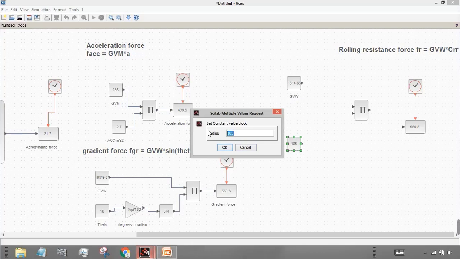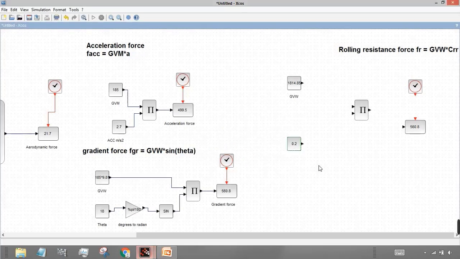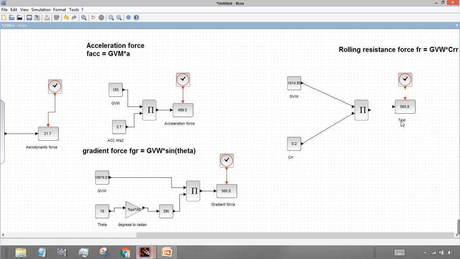For our calculation, we will be considering the CRR value and click OK. So this is your CRR value. So just do the multiplication of these two values. This will give you the rolling resistance. Just double click on screen, double click on text. This will be the rolling resistance force in Newton.